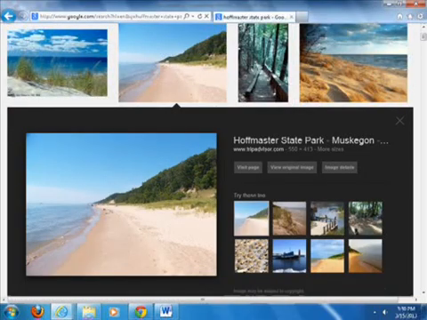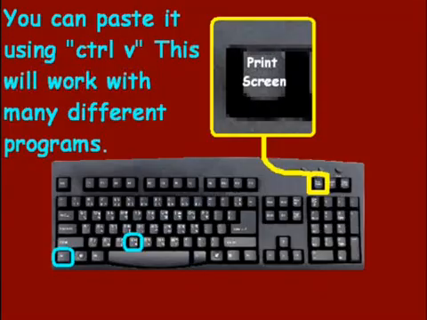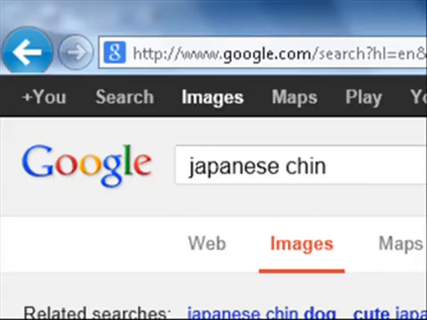And what you do to copy those, you'll hit print screen. That's the key toward the top right hand corner of your keyboard. Sometimes it's above the number, sometimes between the numbers and the letters, so just go ahead and hit print screen there. And next I want to get a picture of a Japanese chen, so I'm going to type in Japanese